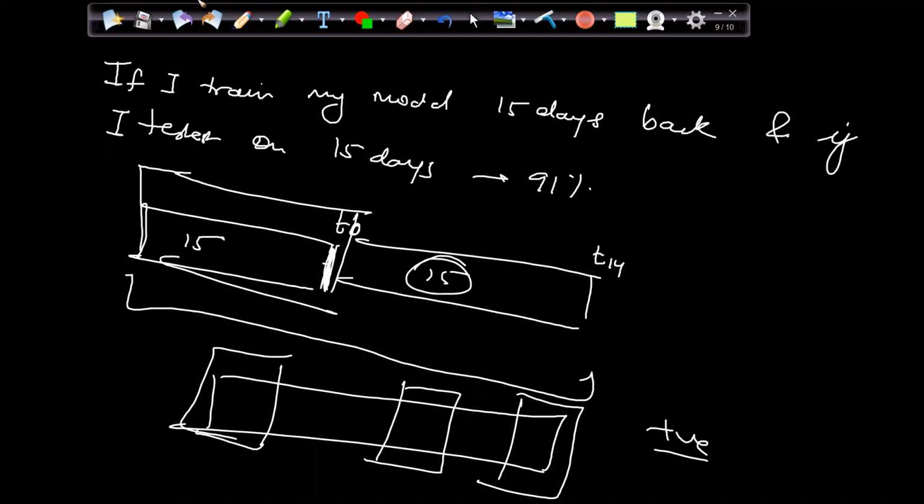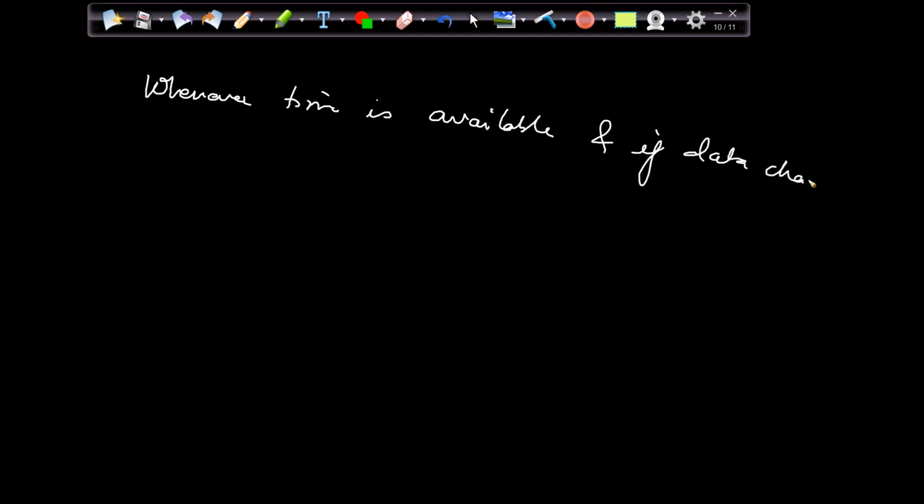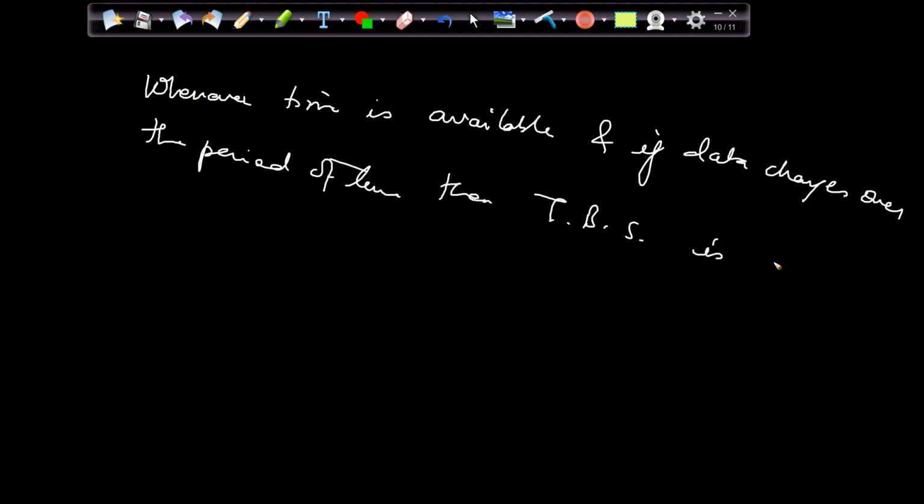Whenever time is available and if data changes over the period of time, then time-based splitting is better than random splitting. Simple.